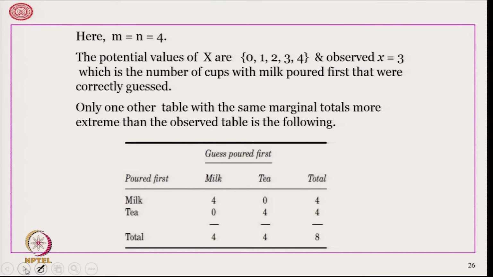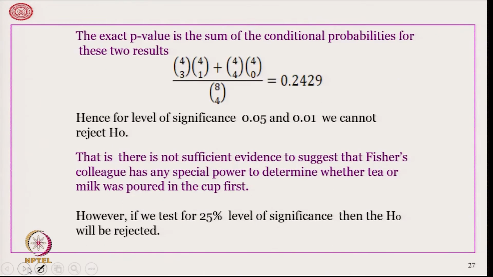The only other table with the same marginal totals more extreme than the observed table is the following, that she could guess all 4 correctly, that is 4, 4, and the exact p value is the sum of the conditional probabilities for these two results, which is